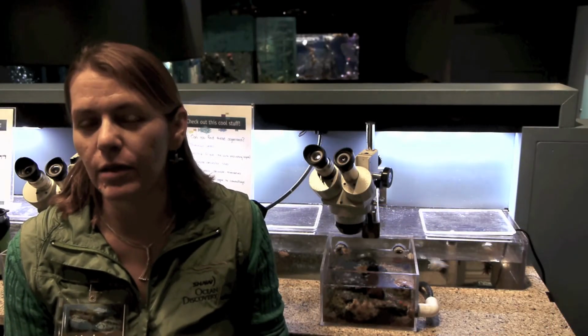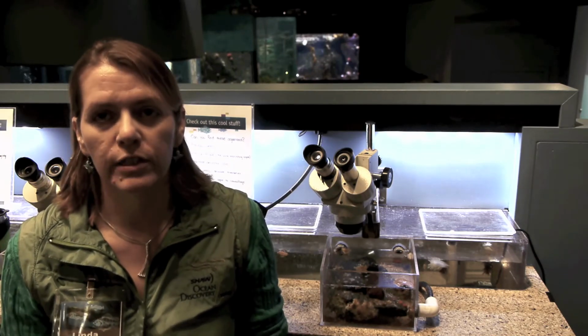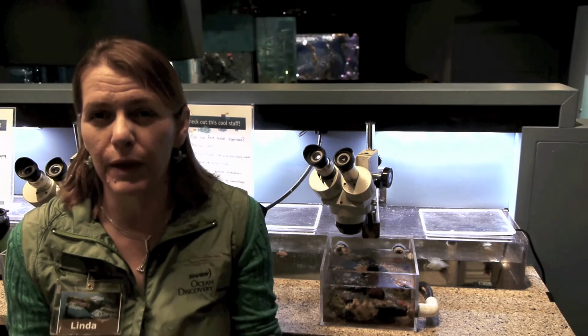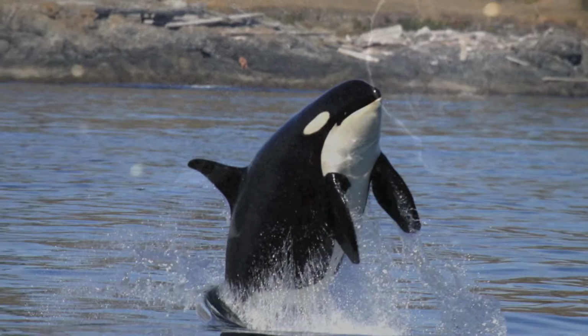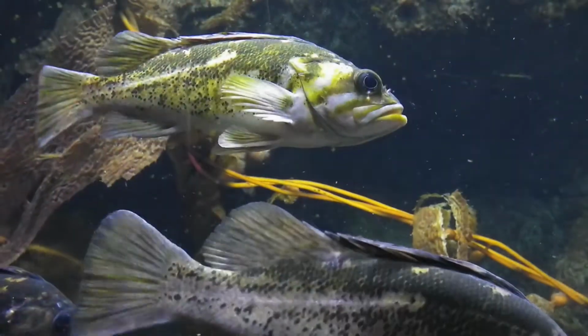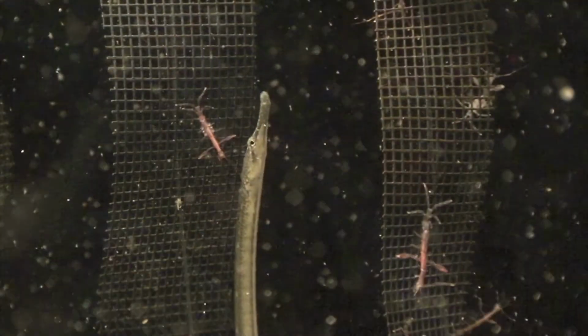Conservation, I think, is really about showing people connections. So at the Discovery Lab, we're trying to show people how things are connected to the very basic part of the food chain. And if we can show them how important these little lowly plankton are to the iconic whales that are swimming in our Salish Sea, and to the larger creatures, the salmon and rockfish and crabs,